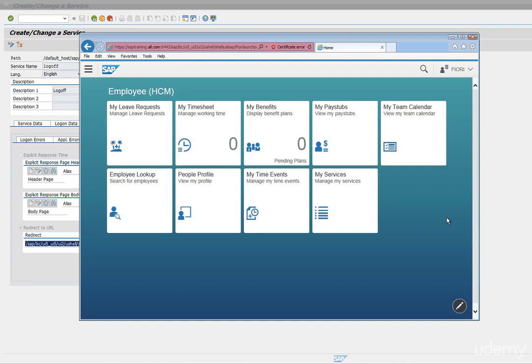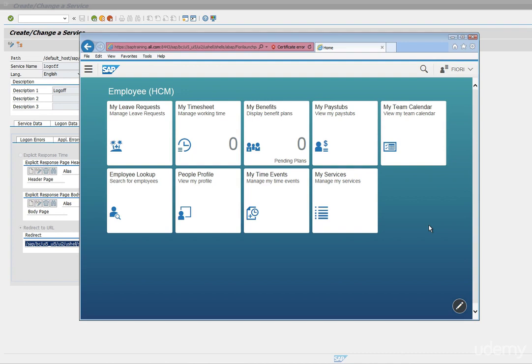So here it is. We can see a bunch of tiles related to ESS applications. You're seeing all these tiles because we have applied the Fiori front-end add-on as well as the back-end add-on. I'll show you in my next session how to check which add-ons are required for each